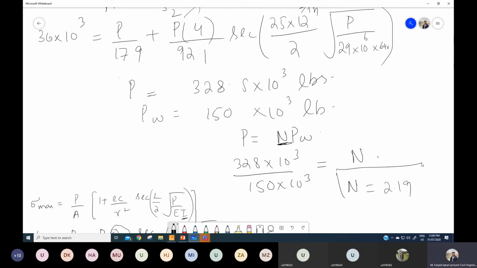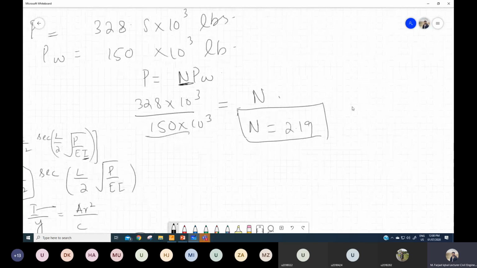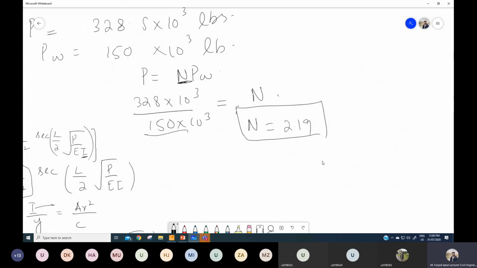2.19. So this shows that this column can resist a load of 330 pounds, but the load acting on this design throughout its life won't be more than 150. So this is how much safe our structures are, or how much factor of safety we consider. And the reason is that maybe people don't trust this mathematics as much as we do. So that is why we have to take